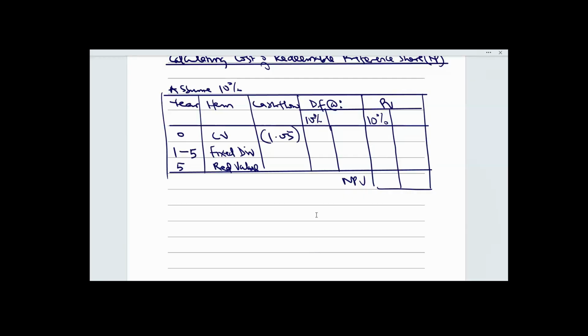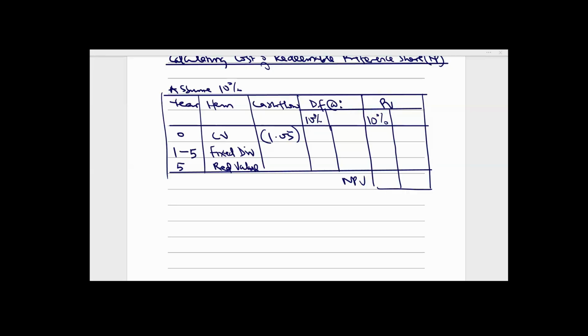Then the fixed dividend that the company will pay. You are told that there is a nominal rate of 8%. That 8% is the percentage of dividend that the company will pay. That dividend will be paid from the nominal value. So you are going to multiply the nominal rate on the nominal value. The nominal value of the preference share is 1 naira. 8% of 1 naira is 8 kobo.